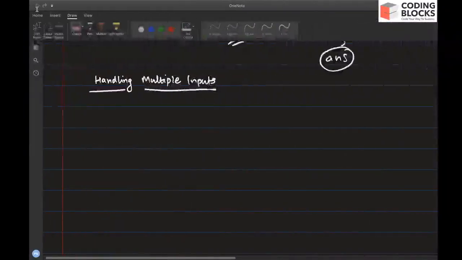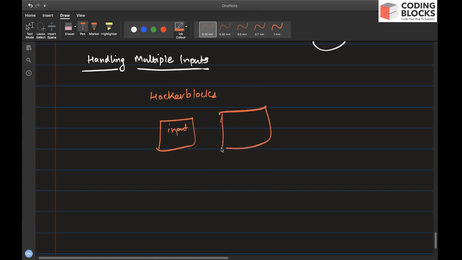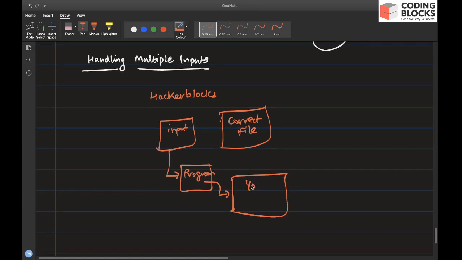So let us have a quick look at how an online judge is going to work. When you're making submissions on an online judge like HackerBlocks, it has certain input files. So you have an input file. It also has the correct output file. And this accepts your input program. So this program gets compiled. It gets your input file. It produces an output file. So your output,